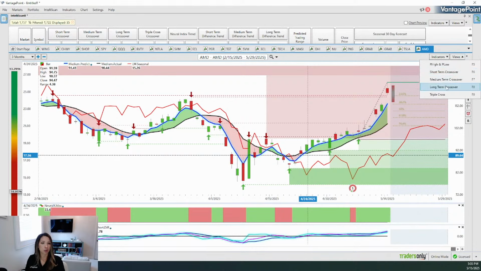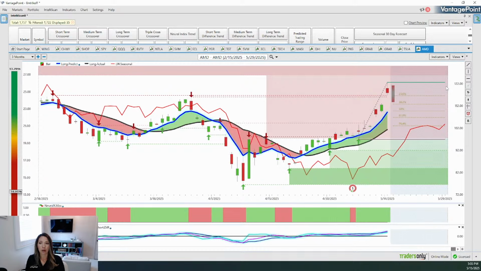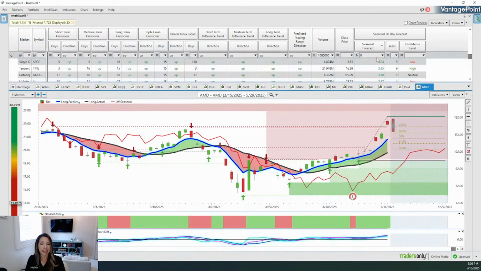When we see these reversals start to happen, when we saw this starting to happen back in April, a lot of our users were able to identify these trends very early on based on the predictive data, based on the predictive information, and then back that up with confirmation from seasonality as well. So a couple of different ways to scan, again, looking for different types of trends. Each of these can really be customized to the individual trader, and that's the most important part, is finding opportunities that meet your trade strategy, meet your trade setup. So this is just 5 examples of so many different types of scans that can be customized for you within